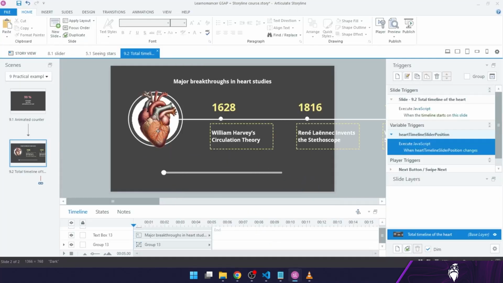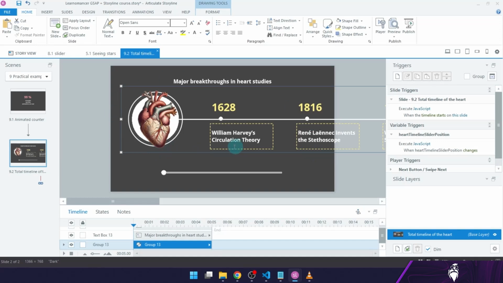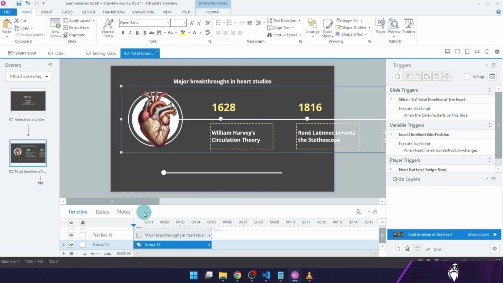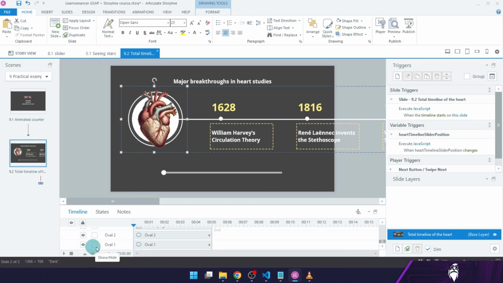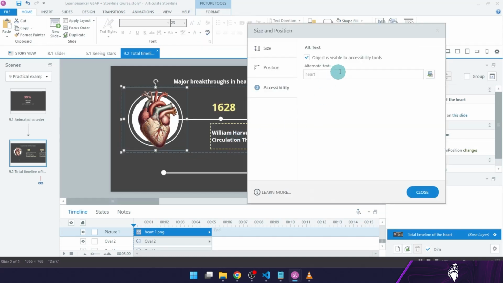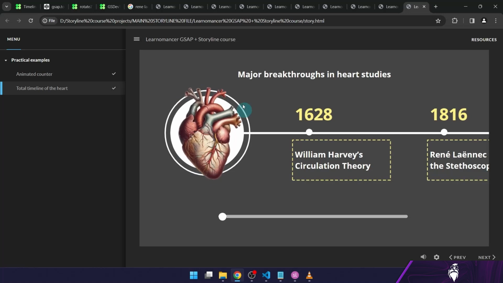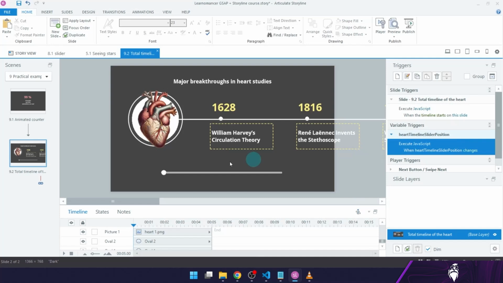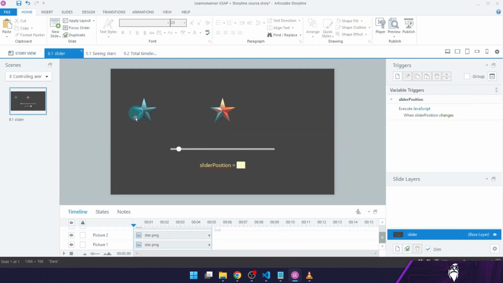So as a reminder, the heart, all of the timeline is in a group. The group has the accessibility name of heart timeline. Inside this group, we have our heart, which is here inside another group. So picture 1 is our heart, which has the accessibility name of heart. And if we animate the heart in a separate trigger that runs when the timeline starts, and we animate the timeline as the whole timeline group with the slider, as we've seen in the example with our stars here,